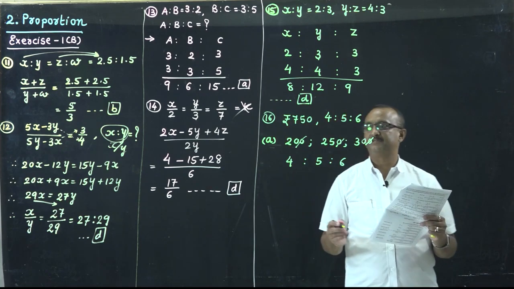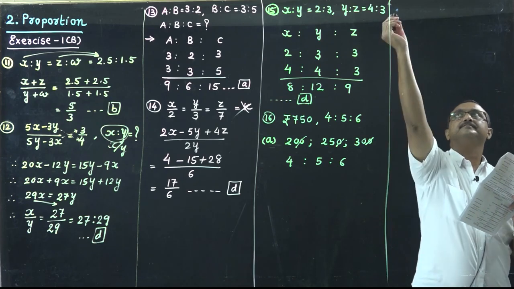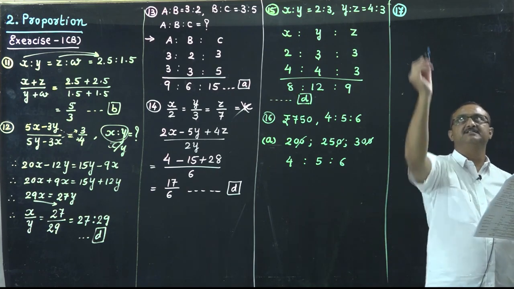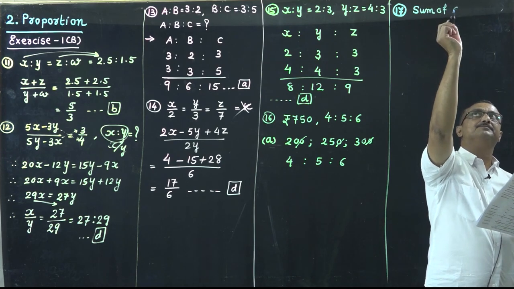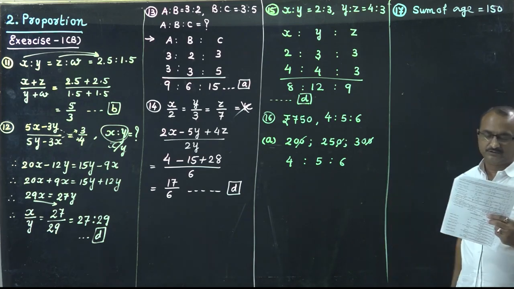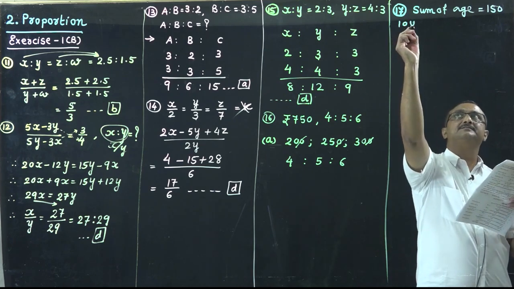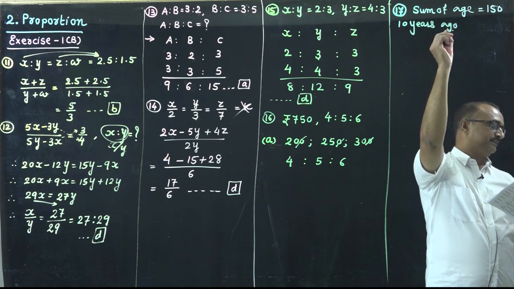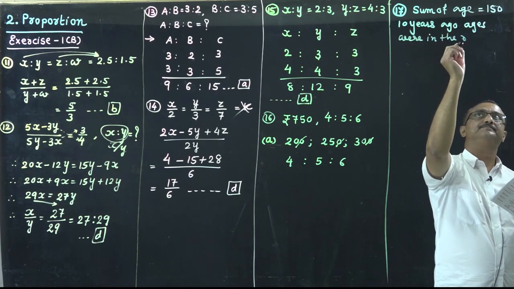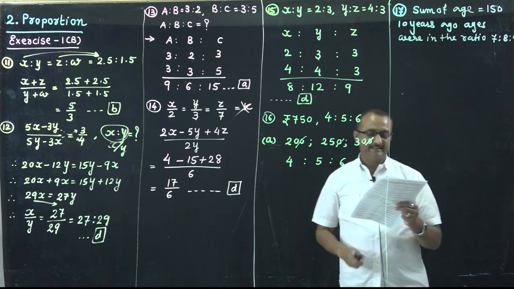તો ઓપ્શન ઉપરથી આપણે સોલ્વ કરી શકીએ. ચાલો 17 નંબર બી આપણે ઓપ્શન ઉપરથી જ સોલ્વ કરીએ. 17 નંબર, the sum of age of 3 persons is 150 years. 3 વ્યક્તિઓની ઉંમરનો સરવાળો કેટલો છે? 150 વર્ષ છે. 10 years ago their ages were in the ratio 7:8:9. The present ages are.